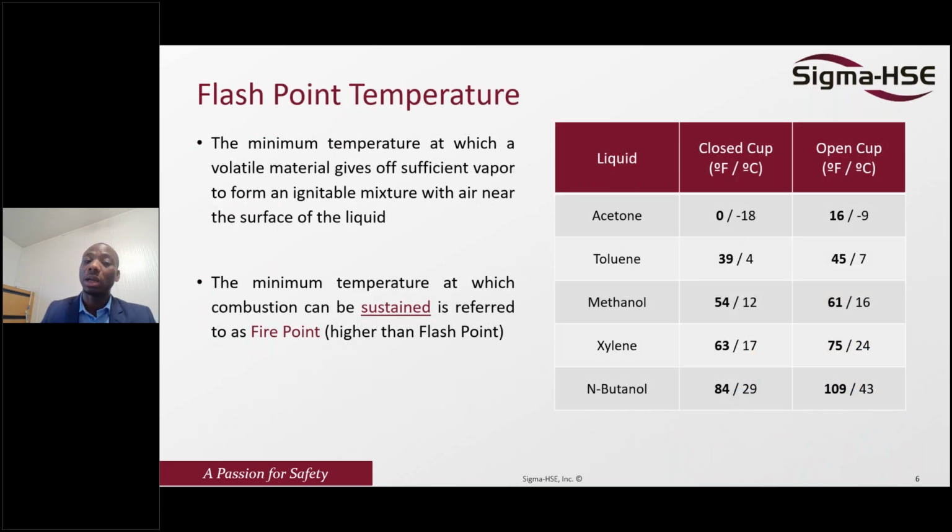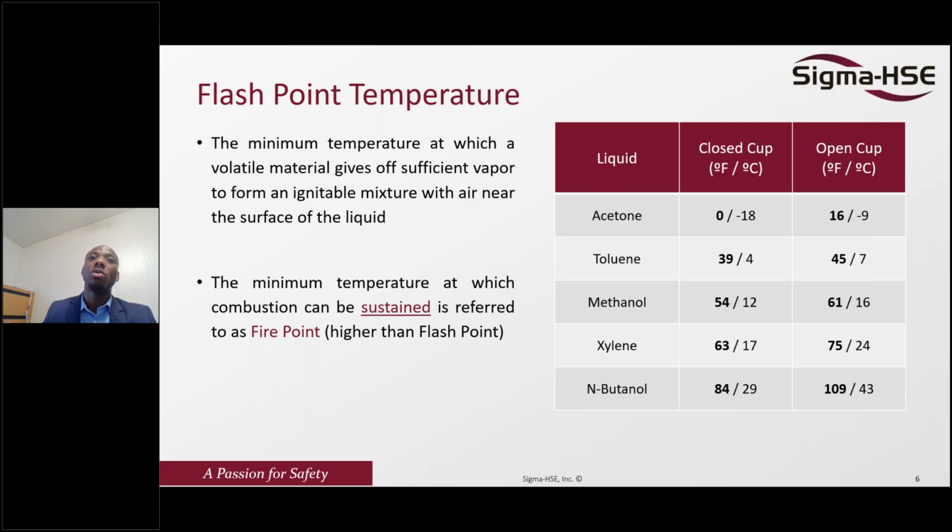So that is for solvent. So as I mentioned, we need to know the flash point. The flash point is the minimum temperature at which a volatile material will give off a sufficient amount of vapor to form an ignitable mixture. So having a pool of flammable liquid will not actually ignite unless I form a specific concentration of vapor that can actually sustain this combustion operation. And if that vapor which is generated is able to burn at a specific temperature, it's termed as a fire point.